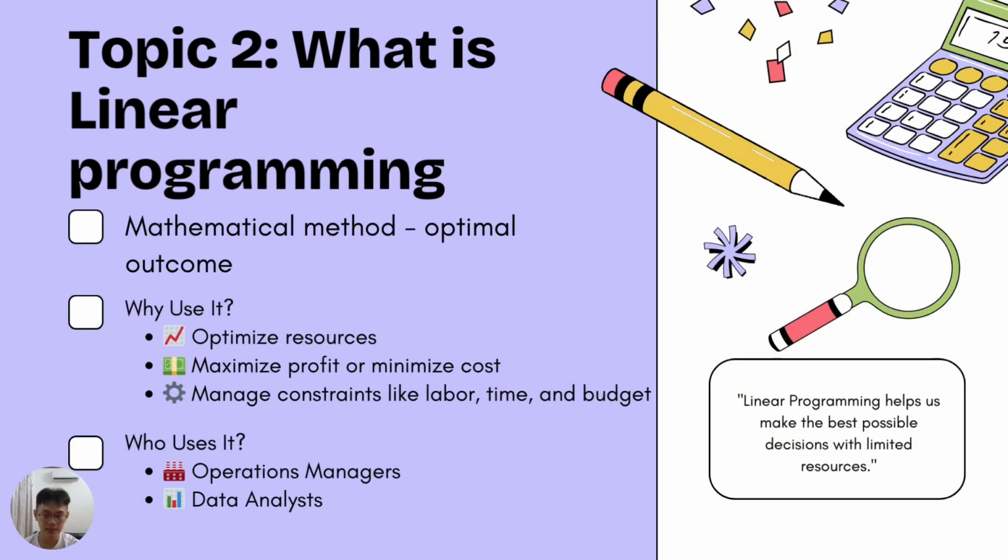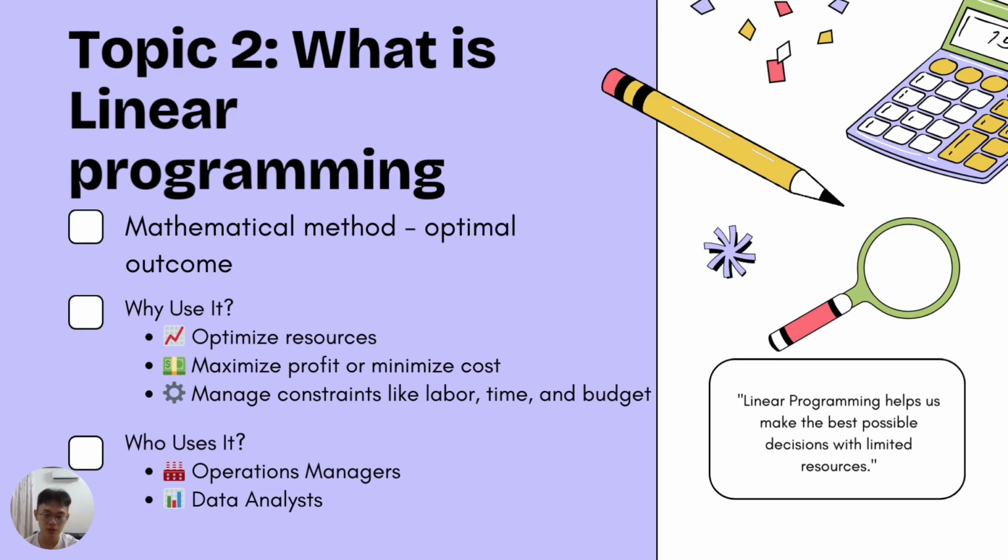Hi, let's start with the basics. What is linear programming? Linear programming, or LP, is a powerful mathematical technique used to find the best possible outcome, like maximum profit or minimum cost, based on a set of limitations or constraints. These constraints are expressed as linear equations or inequalities, which make LP especially useful when managing limited resources like time,